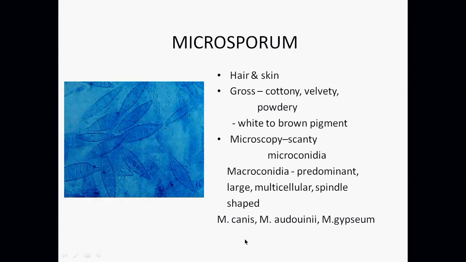So Microsporum has various species like Microsporum canis, Microsporum audouinii, Microsporum gypseum, and depending upon this structure further, how is the end, how many septa are there, this further speciation is done. Now that you are going to learn in your superficial mycosis lecture further. So just have a look at this, that various typical pictures are seen in LPCB mount.